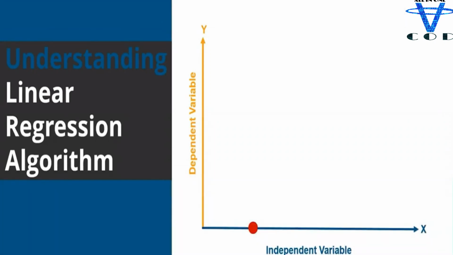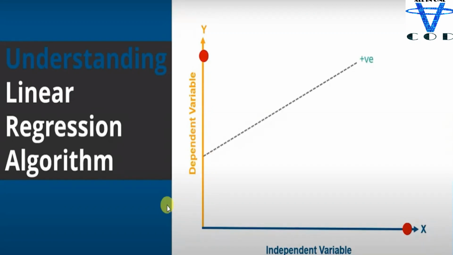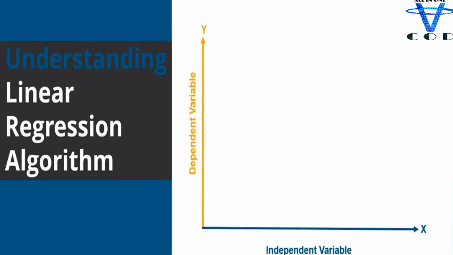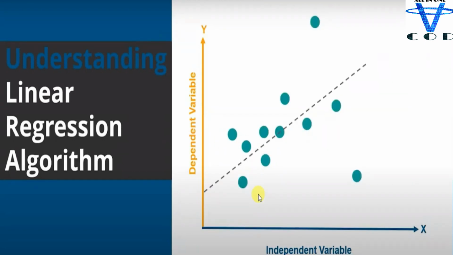Let's say this is our x. Whenever x increases, y is going to increase like this. Let's say this is our linear regression, and let's create a simple linear regression. This is our linear regression line and these are all of our dots, or you can say values of x and y. This line is called the linear regression line, and these are called observations. It means the x and y variables. So these are our observations, or you can say dots of x and y. This is our data.